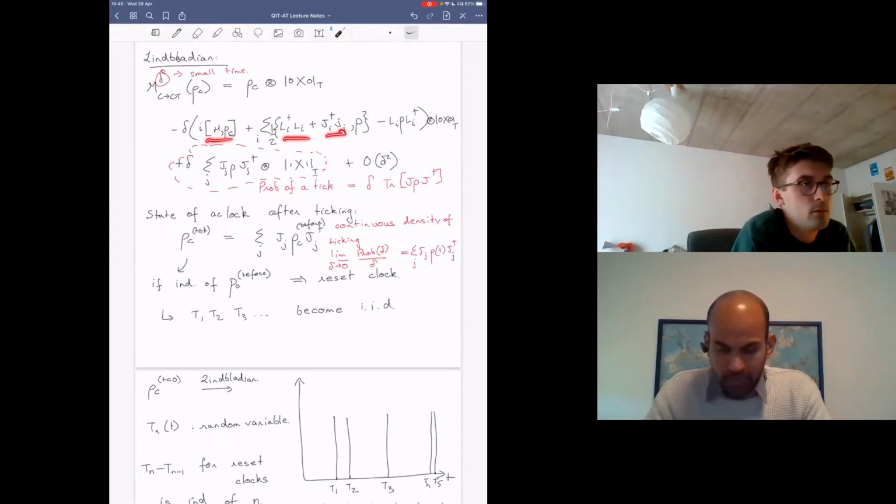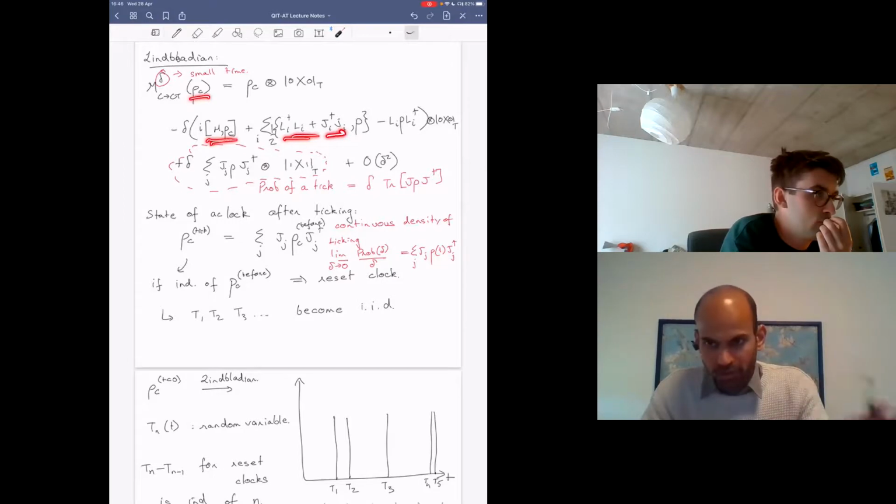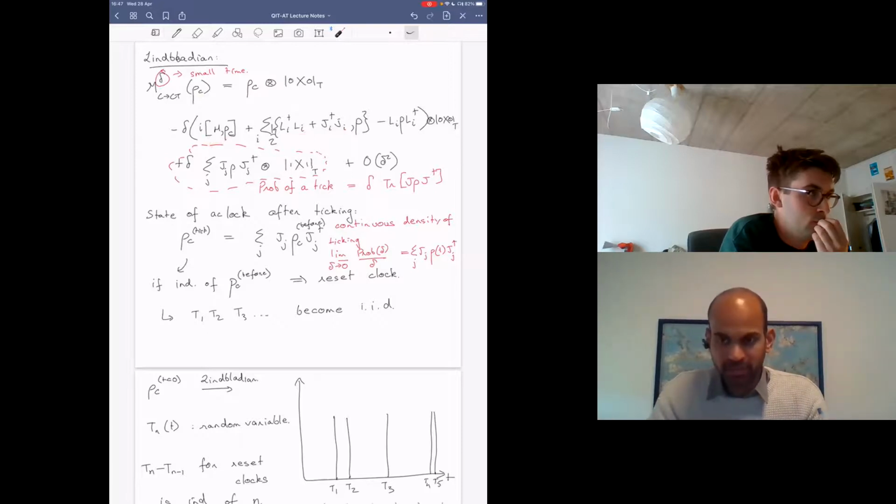If, for example, I tell you, you can construct whatever clock you like, rho C, and whatever H and L and J that you want to construct, you're allowed to. The only constraint is that this has to be a d-dimensional system. So I tell you that the Hilbert space is, say, 10-dimensional or 20-dimensional. It follows then that you can do H, L, and J as well as you like and still not get